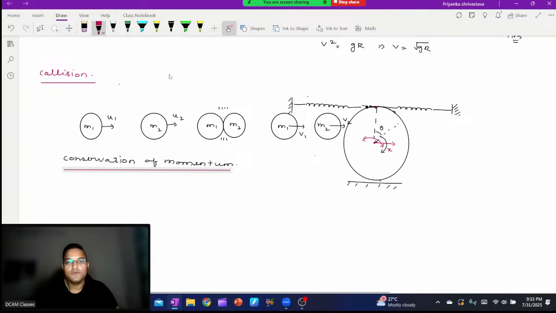The only force acting during the motion of these two balls is when they collide, and m2 acts a force on m1, m1 acts a force on m2, and because these two forces, if we are taking m1 and m2 as a system, will cancel each other, in the x direction there is no net force, F is 0. So that's why we can do the conservation of momentum, because net impulse is 0. So there was one more thing. Do you know about impulse?